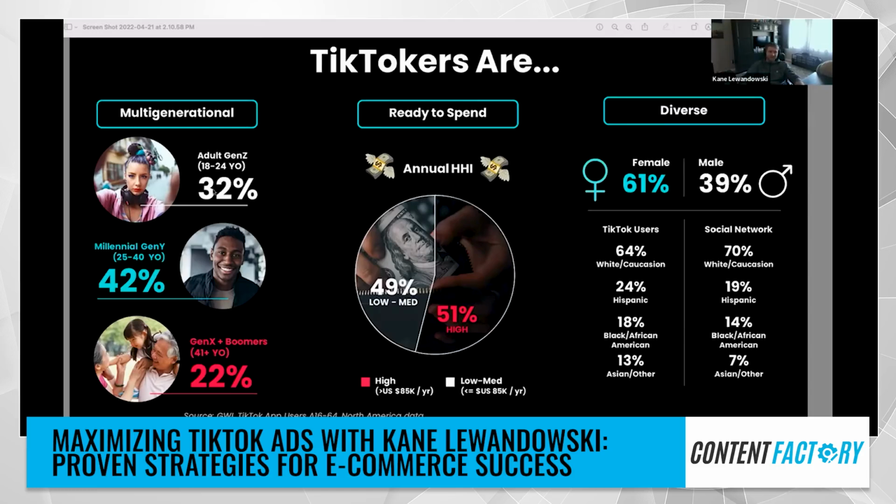Here are the actual numbers for those percentages. 32% of people are 18 to 24, these are the Gen Zers. So I'm in this group right here. But most of the people that use TikTok are actually millennials, Gen Y. And this means buying power, right? Basically any number over 19 just starts to mean buying power. The older the person gets, the more buying power they have.